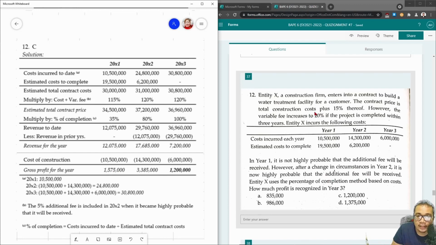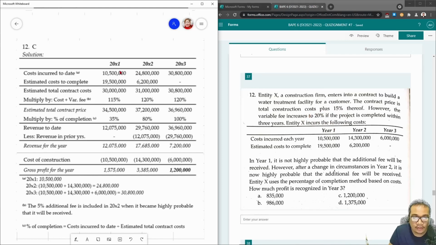So, yung 20% gagamitin mo na instead of the 15%. Yeah? And take note, increases to 20%. Hindi increases by 20%. Be careful kasi may mga problems sasabihin niya na increases by 20%. So, pag by 20% yan, 15 plus 20%, which is 35, yun yung gagamitin. Pero, pag sinabi increases to 20%, ibig sabihin from 15, 20% na siya. Be very careful with the wording. Comprehension is the key.